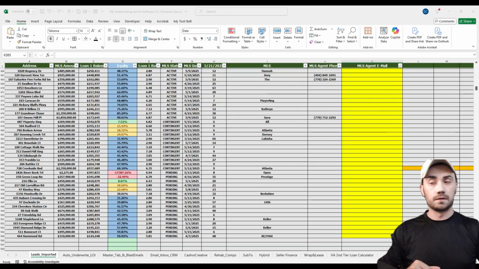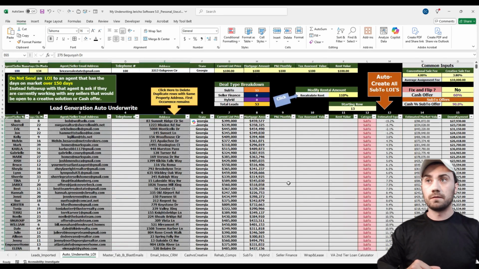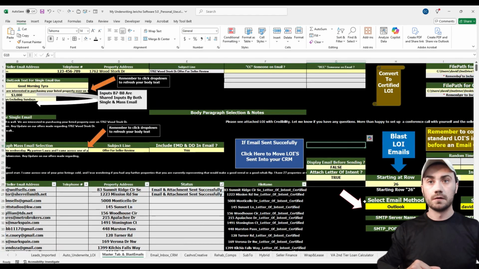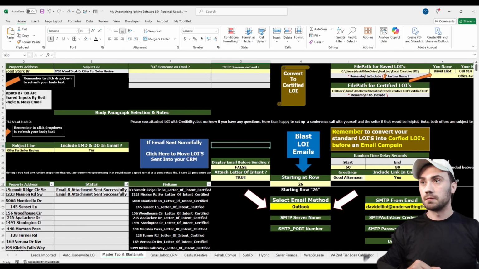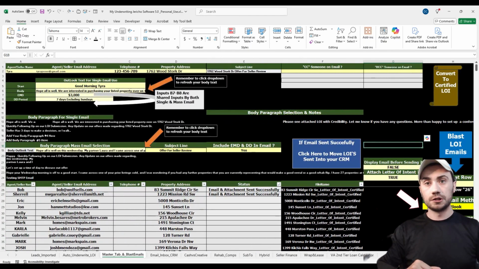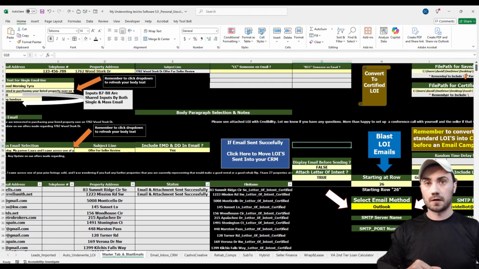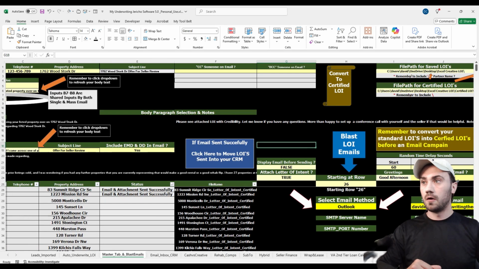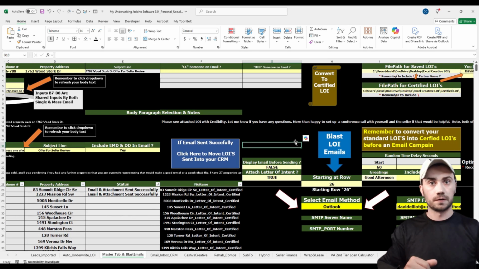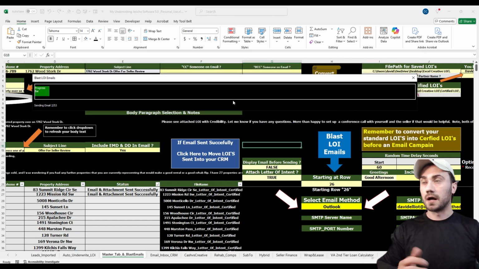So this is the Jericho software. This is a full step-by-step breakdown of the automation that takes place between the lead generation, the lead analysis, the auto underwrite, and the email blast, all for our cash and subject-to transactions. So within the next lesson that we cover, we'll go over the hybrid and the seller finance transactions. It'll also be a step-by-step tutorial